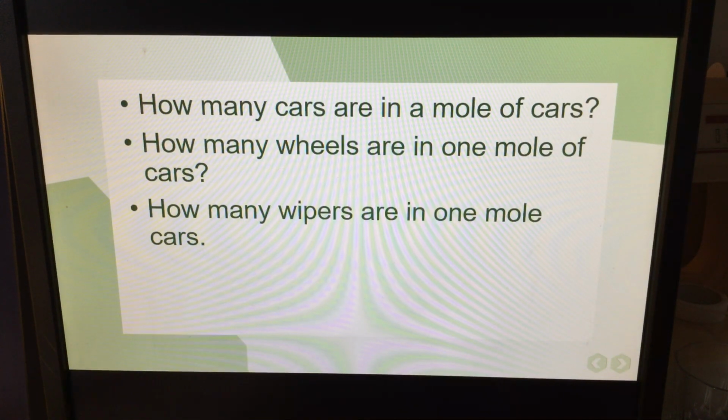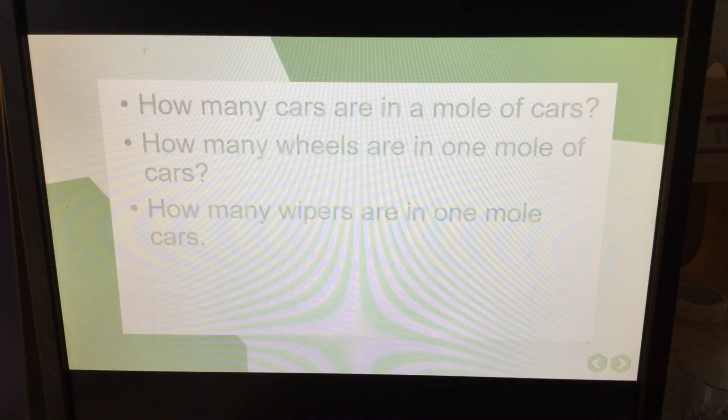How about wipers? There are 2 wipers on one car, so we would multiply 2 times 6.02 times 10 to the 23rd, so we would get 12.044 times 10 to the 23rd